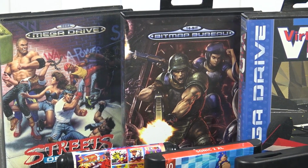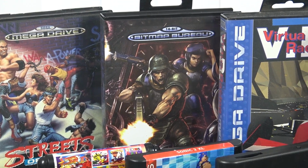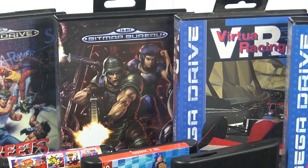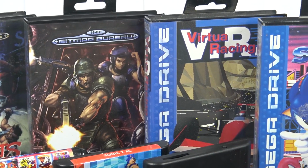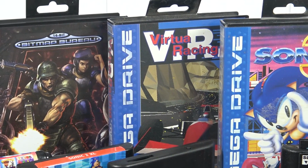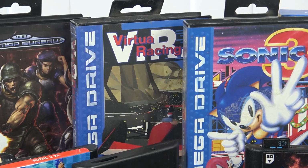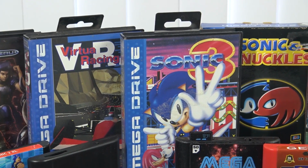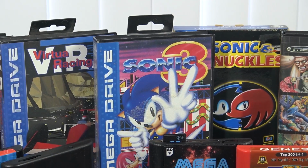Then we're going to get the Bitmap Bureau Xeno Crisis. It's basically like a new game-ish homebrew. Then we're going to get Virtual Racing with the special chip, the chip that not all of the clone systems will have support for, or the system in general. We're going to get Sonic 3 and Knuckles, the combination card that is also not supported by every single clone system,